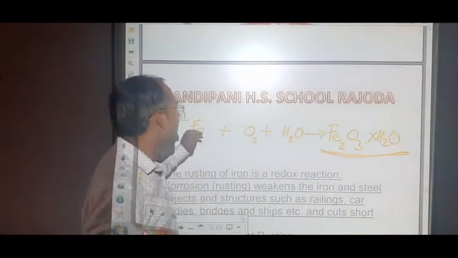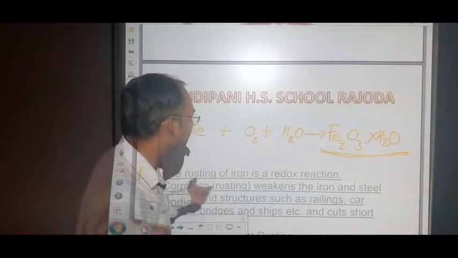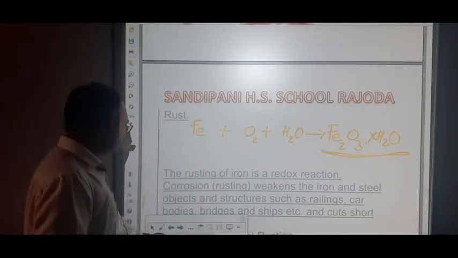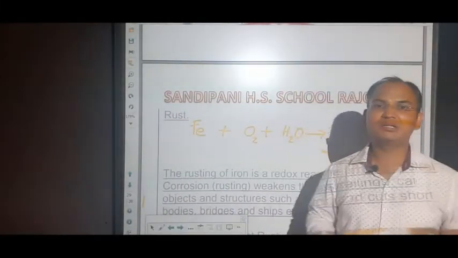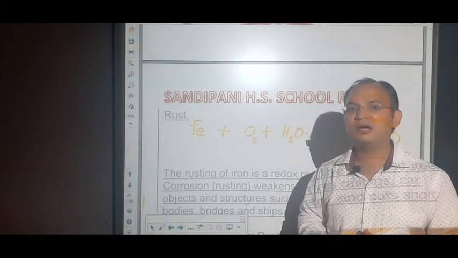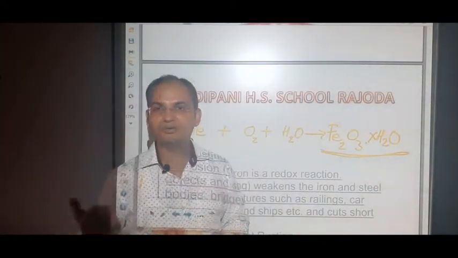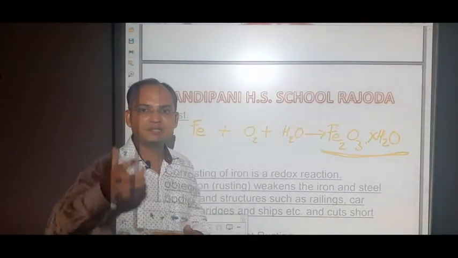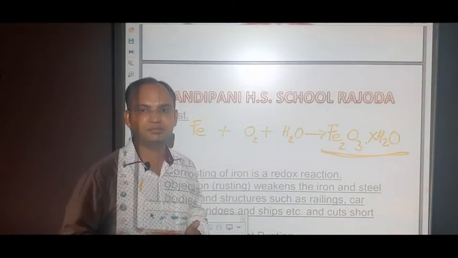Okay students, it is a simple reaction, but this reaction is very important from the examination point of view also. Many questions can be asked based on this reaction. So it is rust. But students, you have seen that rusted iron is much weaker than pure, unrusted iron. So rusting somehow degrades the quality of the iron. It harms us economically, and the property of the iron is reduced, the strength of the iron is reduced. So it is very important, students, to prevent the rusting of iron.